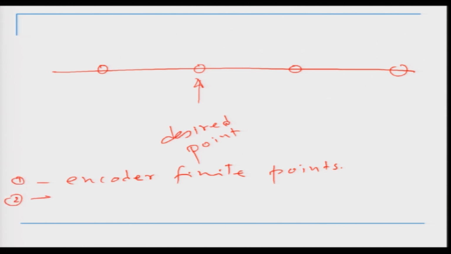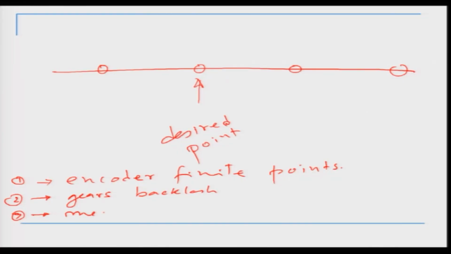The second is, there is a lot of gear sitting there. We said that there is a motor, there is a gear. So there are things like gears. Gears have backlash. Okay. So backlash basically means that the gear teeth are not exactly in mesh, there is a little bit of gap in between. So when it moves on one side, it will move, and when it goes backward, there will be a slight lag of the motion there, and that is what is called backlash. There can be other errors like mechanical stiffness. So mechanical stiffness can be there because this is not a rigid body, so there is going to be something which is going to slightly deflect, which is going to cause some kind of mechanical stiffness errors,